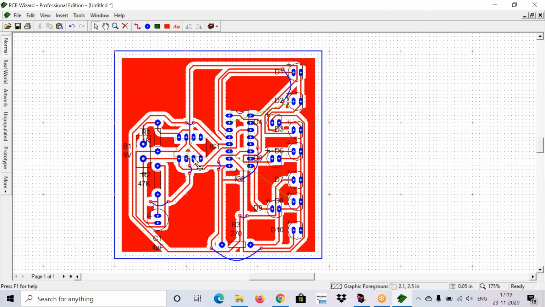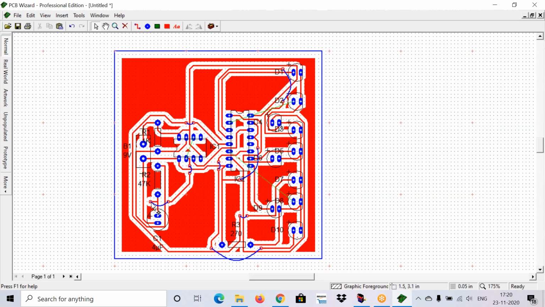And if you observe the 555 timer IC, pins 2 to 6 of your IC are not connected at all. And in IC 4017B also, one pin is not connected to your LED, and another pin is also not connected to an LED. It left the connections without making any track, nothing but the auto router is unable to find the ways. But in Saturday class, I think you observed, I manually routed the circuit and I got 100% output.